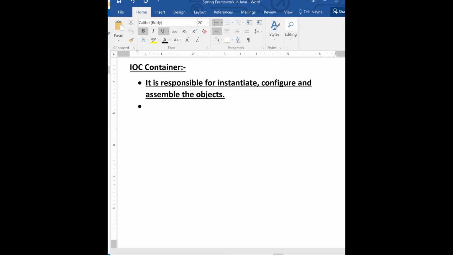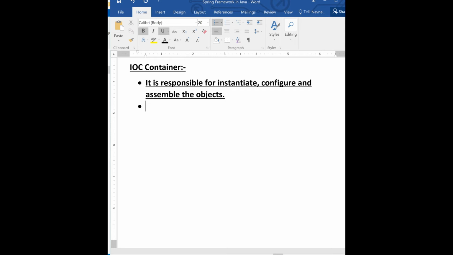Like if you are going to get a new bicycle, they have the pedal, the seat and other parts, and they collect and assemble the objects into a perfect bicycle. Similarly, if there is a requirement for an object, the IOC container will instantiate, configure and assemble the object, and it will provide it to you.